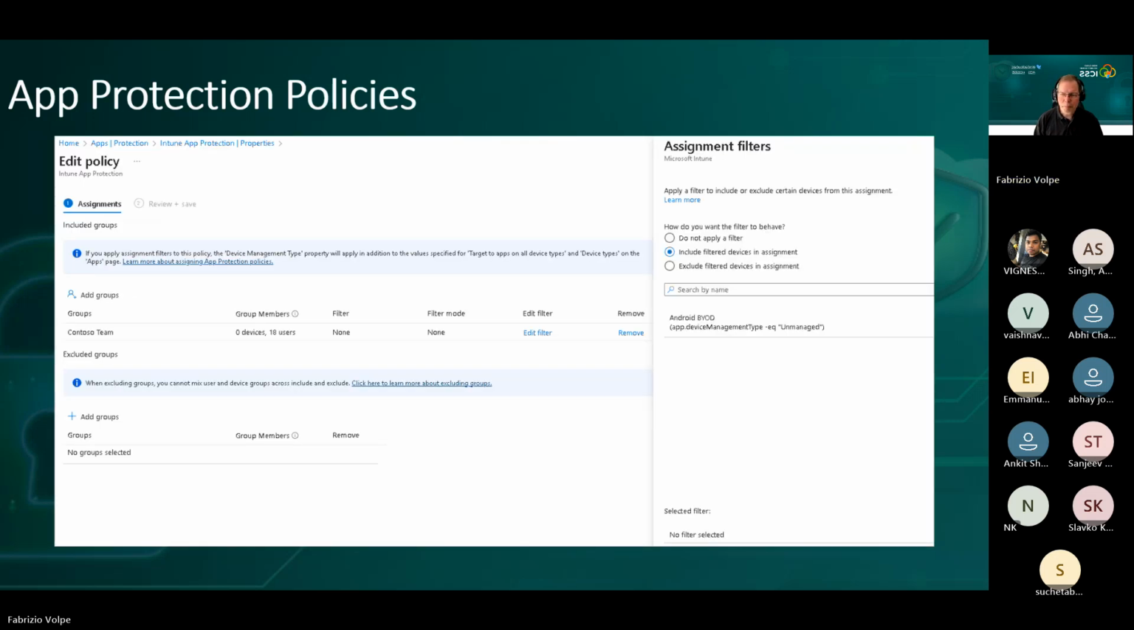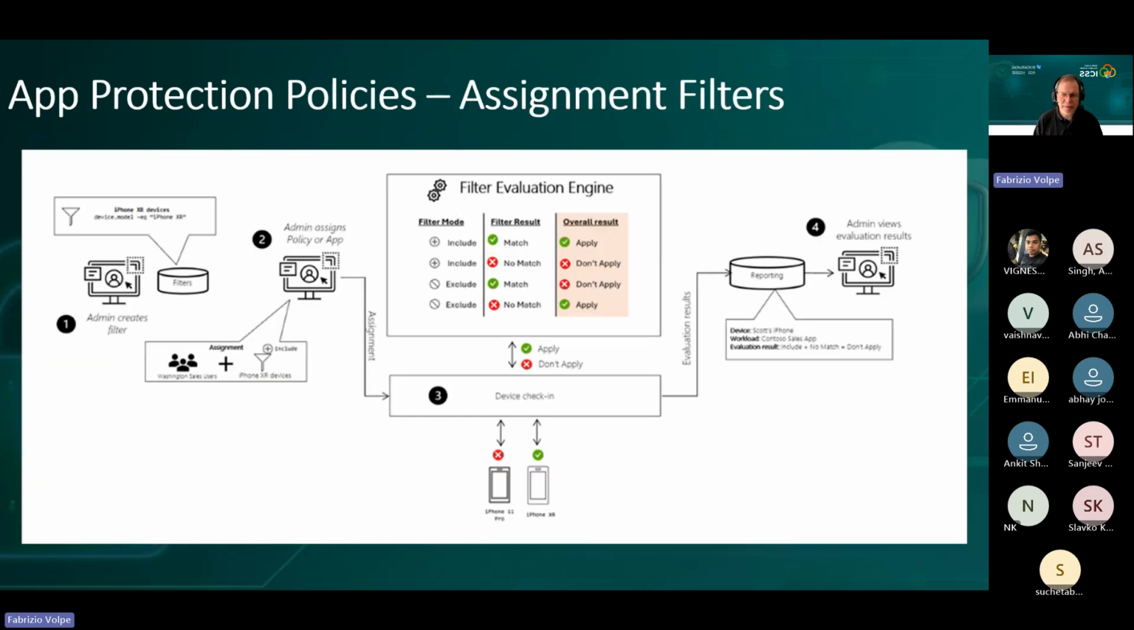So there is something called assignment filters that you can see here that basically says, okay, you have a policy, but actually you have also a list of exclusions or inclusions. So in this case, only iPhone devices that are XR are part of the policy. All the other ones are not included. So I created this kind of filter based on different parameters, and then I apply that. What happens is that even if the policy is meant to be used by a group of 18 users,